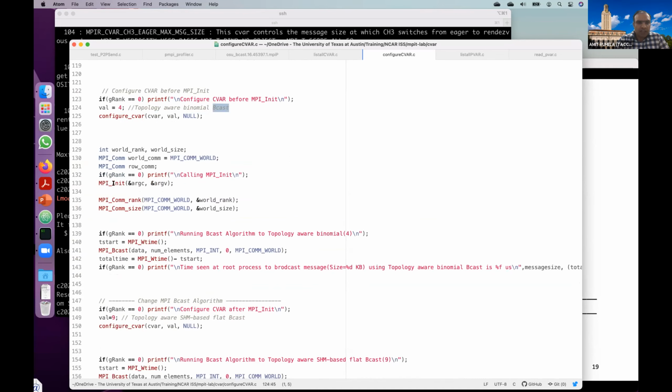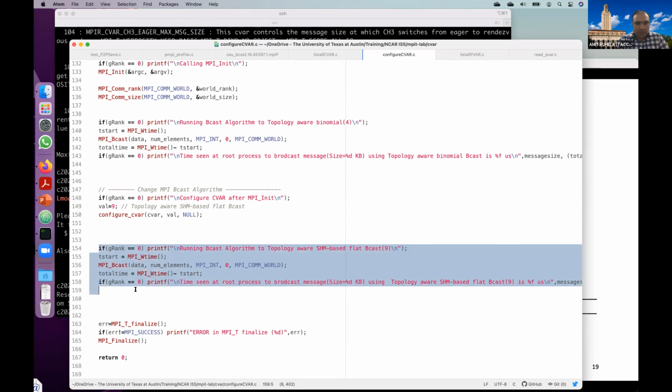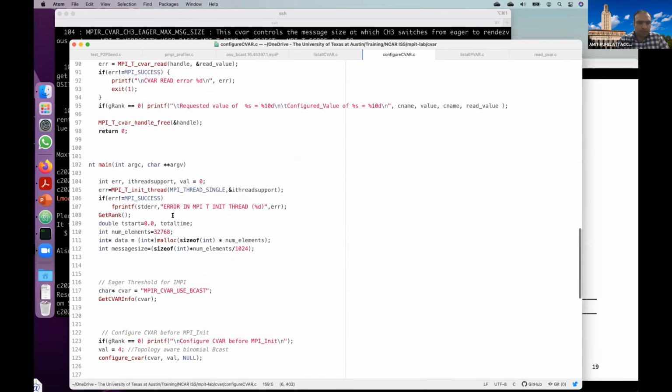Once it is initialized, we call the MPI_Bcast function and record the time taken by that MPI_Bcast using the topology aware binomial bcast implementation. After that, we again change its value to 9, which is the topology aware Shumilin based bcast algorithm, and again note down the time spent in this bcast communication.